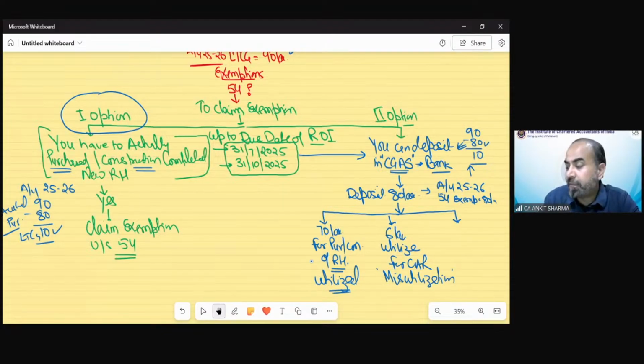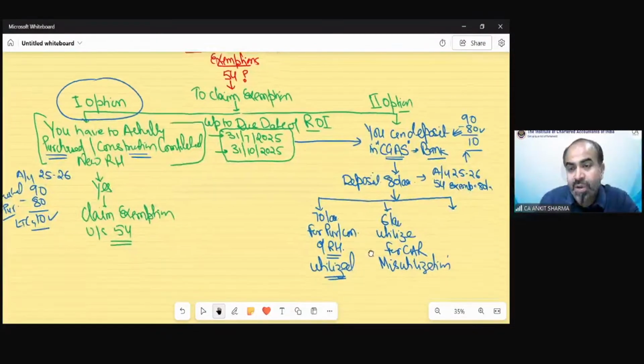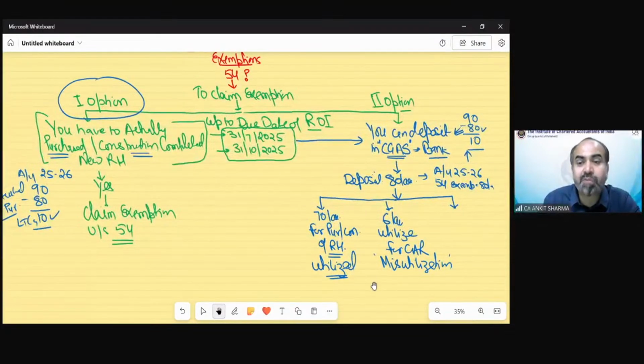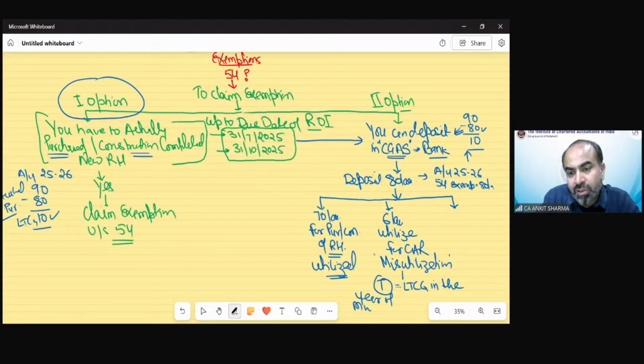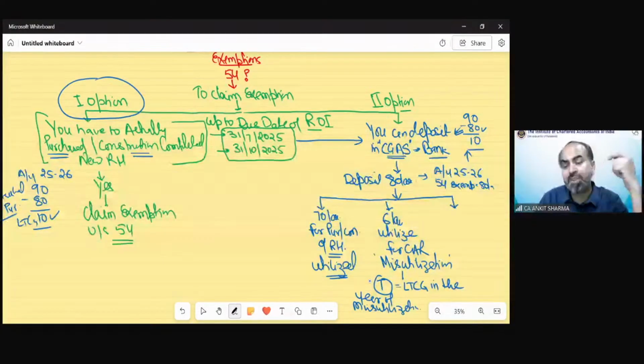So suppose out of the balance 10 lakh, he utilized 6 lakh rupees for purchase of a car. So that is going to be taxable as long-term capital gain in the year of misutilization. If you misutilize any amount, that is going to be your taxable capital gain in the year of misutilization. Clear? Fair enough. The balance 4 lakh